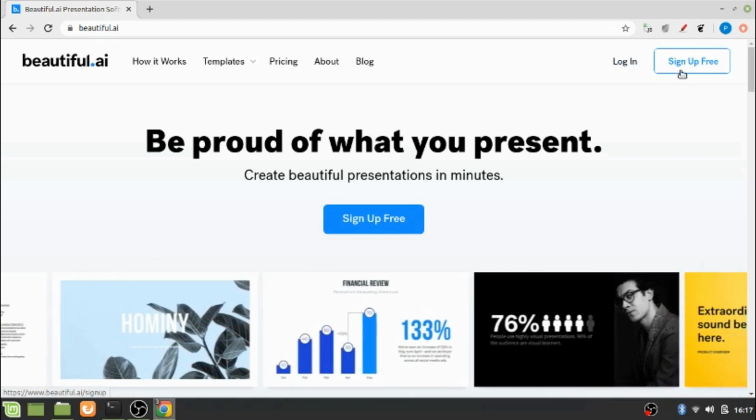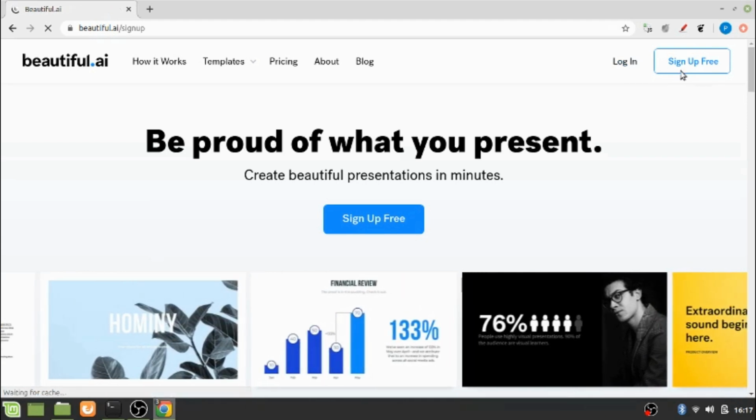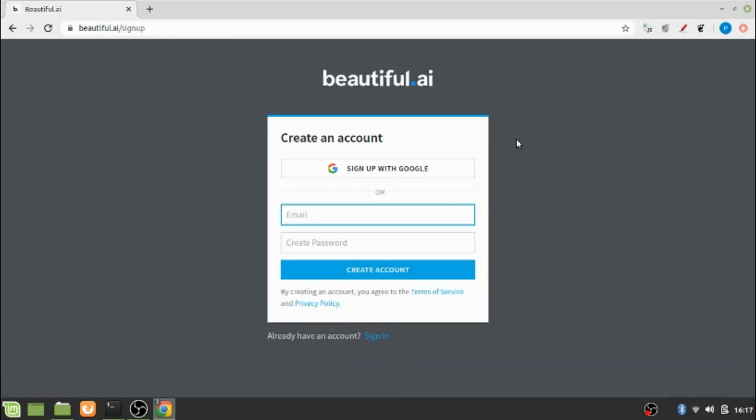So let me sign up first. It is free. Now when I'm trying to sign up, it is showing me two options: I can sign up either with my Google account, or create a new account using an email and password. Let me try to sign up with my existing Google account.